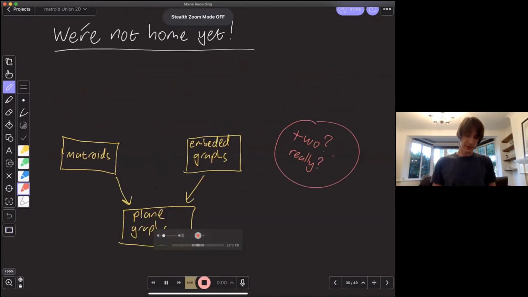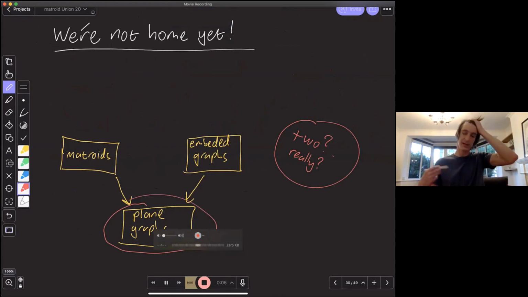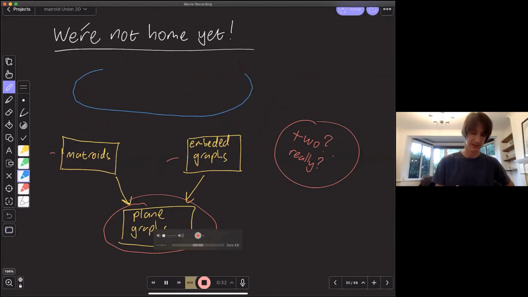So what I've done here, well, I've started off with this classic result about plane graphs and been a little bit unsatisfied with it, and I've just followed the mathematics to see where we need to go to understand the result and what's going on. And the issue is that we've ended up in matroids and embedded graphs. And yeah, that's a little unsatisfactory. So should we really be ending up with two things? It's not really nice mathematics. It indicates something missing. So there's something sitting above all this.